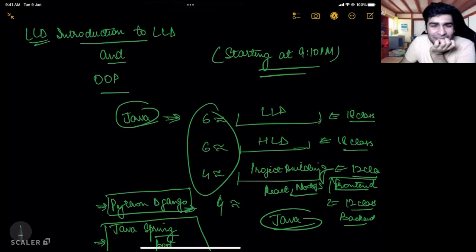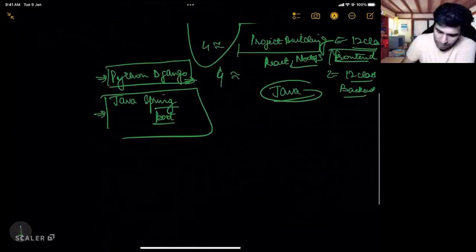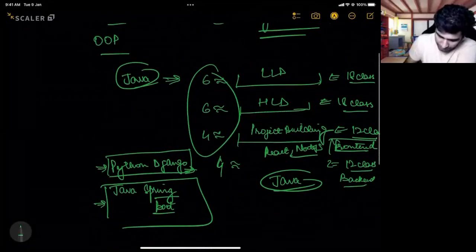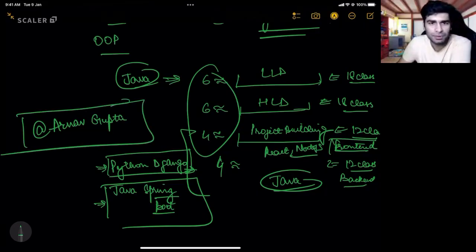Does Scaler provide any module for competitive programming? No, the DSA one is more than enough. Since we have Spring Boot for backend, will we have JSP for the front end of Java projects? I am not sure about it. It will be better if you ping regarding project module, anything related to front end and backend. Please ping Arnav. Arnav Gupta leads that module, so he will be more than happy to give you any questions or any resolution that you might need with respect to these modules.